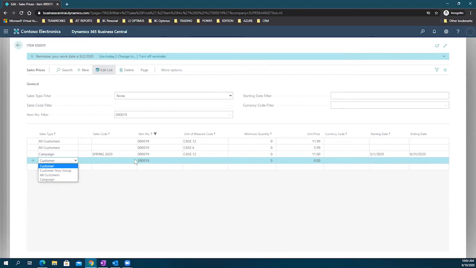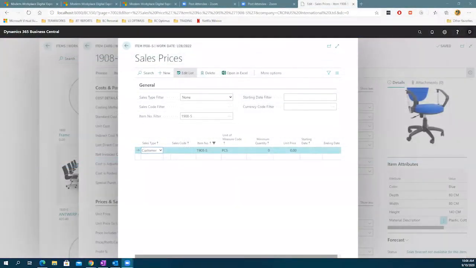Okay, in this case, I have prices in the first line for all my customers. Sorry for that. Just to at least finalize the price list functionality, you can create special prices for your items to offer